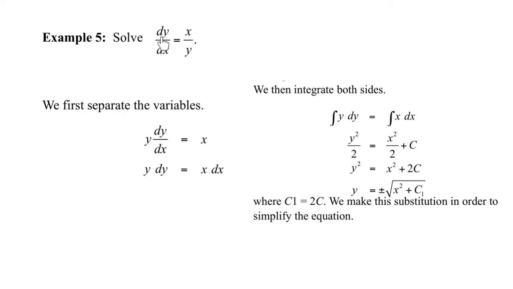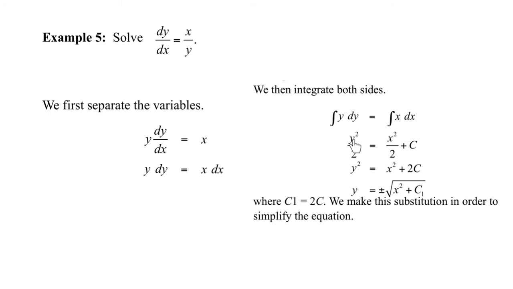We need to solve this. So you can cross multiply, then take the integral on both sides. The integral of y is y squared divided by 2. The integral of x is x squared divided by 2 plus c. We are basically adding c1 or c2 on both sides, because two different constants, if you subtract c1 from the side, you will end up with another constant.